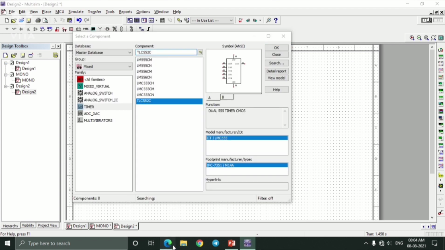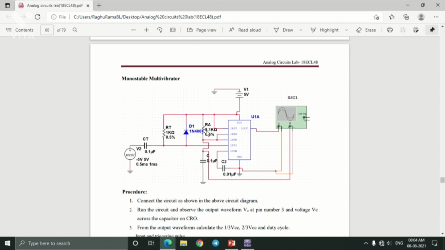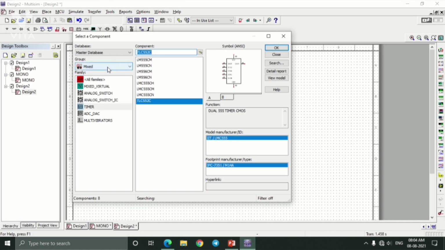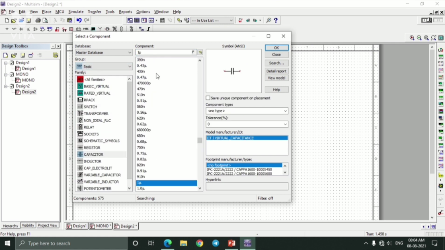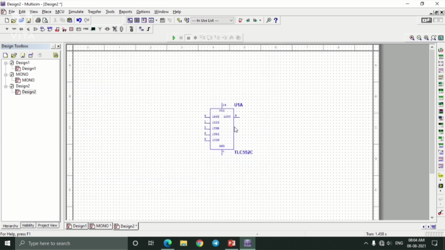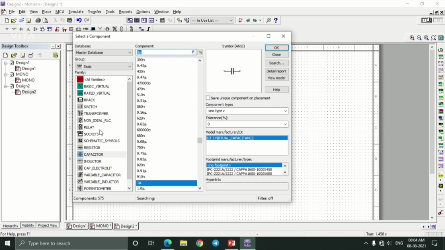After that, next we need our resistor, capacitor, and then the 1N4007 diode. So let us place those components. Go to basics, and here select a capacitor. Now let it be any value. After that you can change it. You need to take all the components required for building this circuit. After that you need a resistor. Go and place it over the workspace. After that you need a 1N4007 diode.